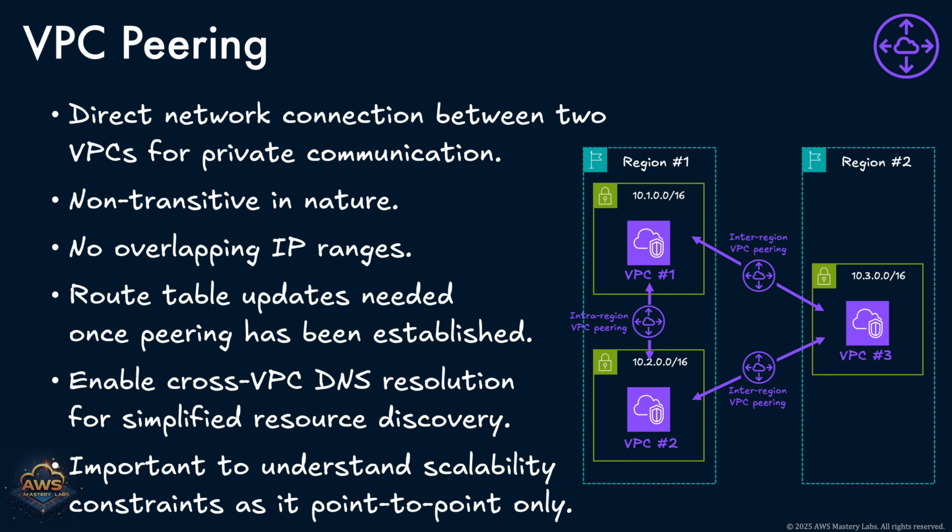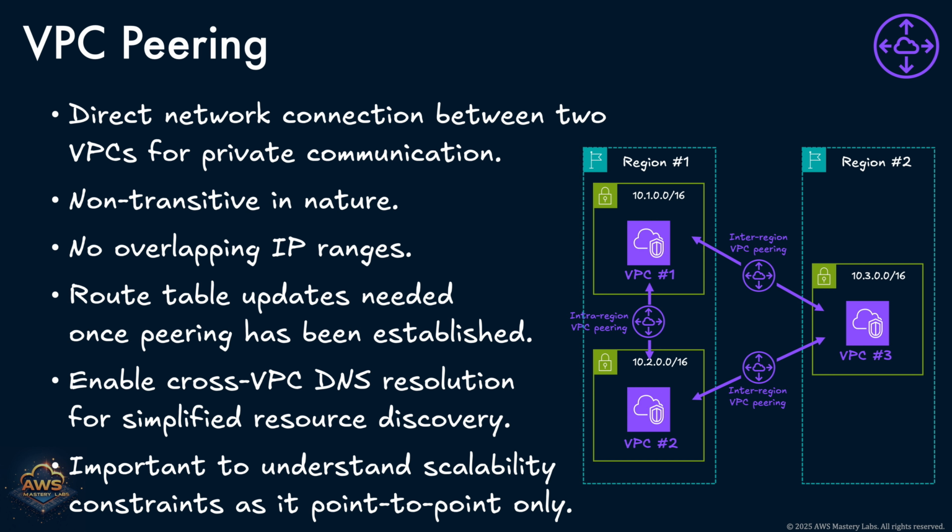Each connection is point-to-point, and this doesn't scale well in environments with dozens or hundreds of VPCs. In such cases, solutions like AWS Transit Gateway offer a more scalable alternative for hub-and-spoke network architectures. To ensure that peering connections remain healthy, you can monitor them using CloudWatch metrics, VPC flow logs, and route table checks. These tools help validate that routes are correctly configured, security controls are in place, and traffic is flowing as